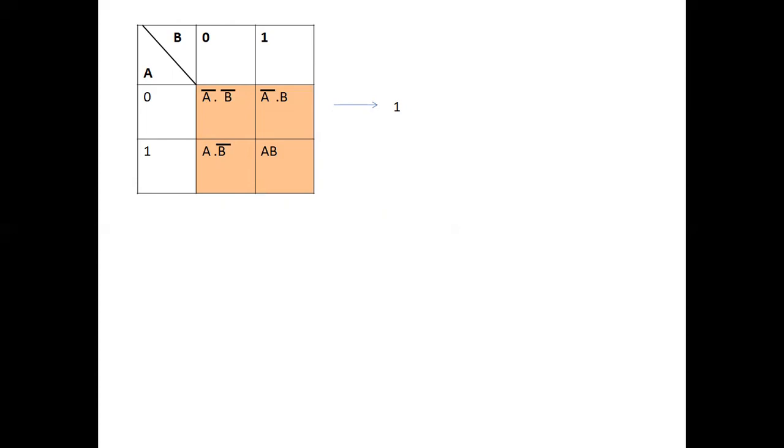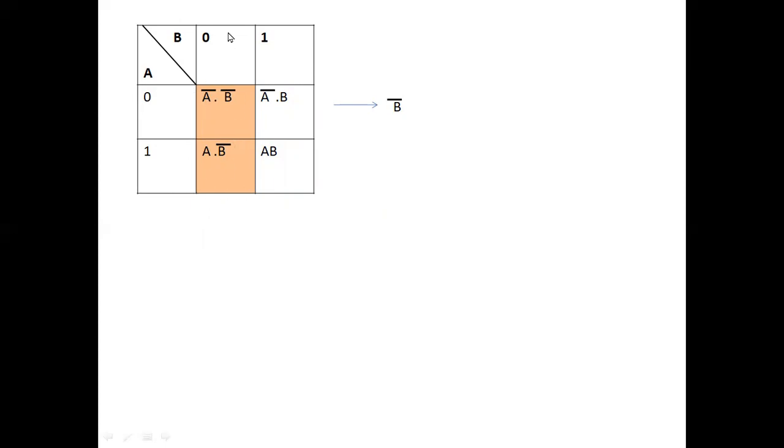So in order not to have confusion, I'm here taking only SOP form representation for all the K-maps, so that in one way we are able to understand the things. If all the 4 cells are grouped, then the answer is equal to 1. So that means you can take the things common out and the final answer is going to be 1. This is one way of making a group.